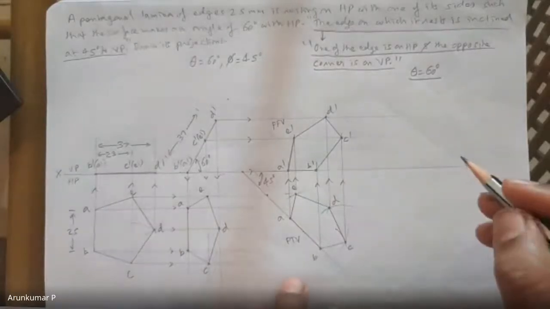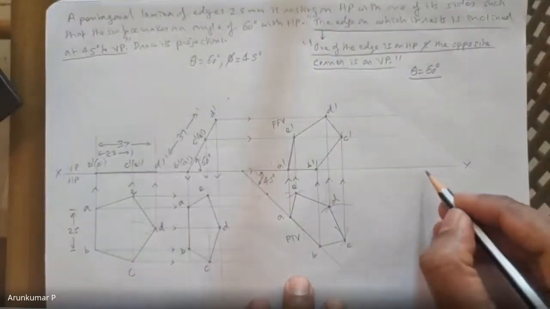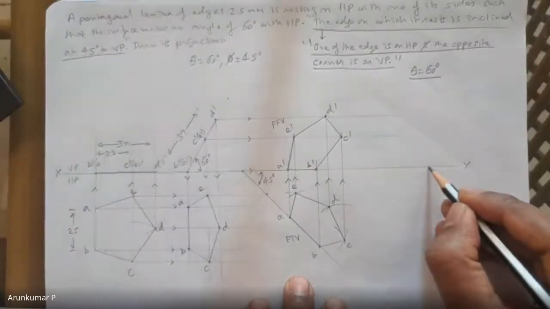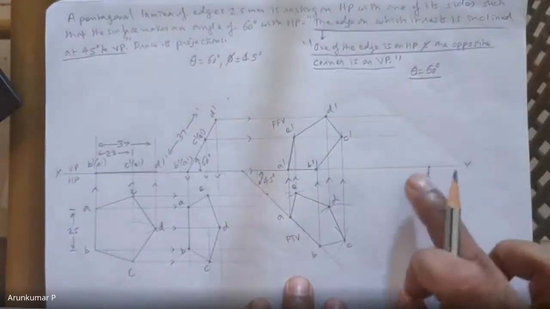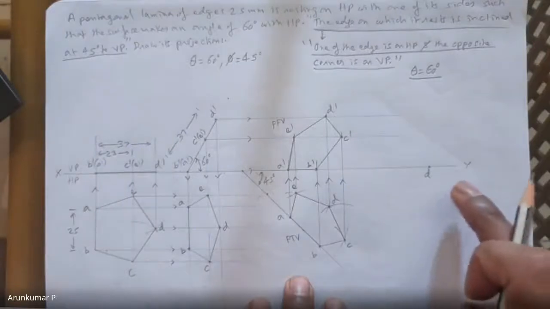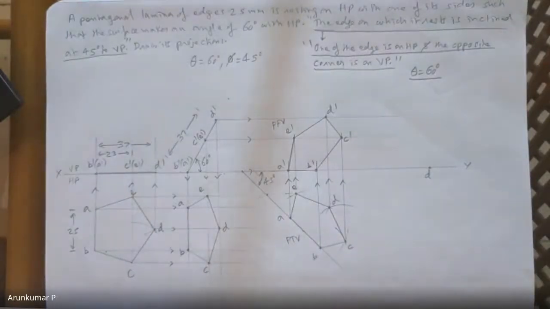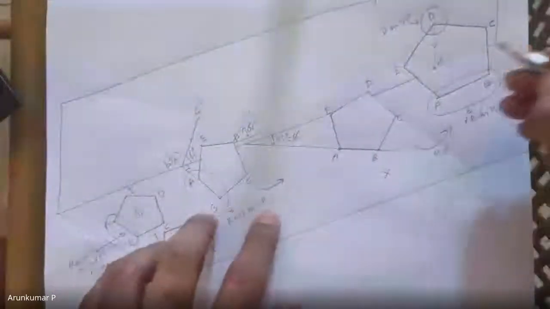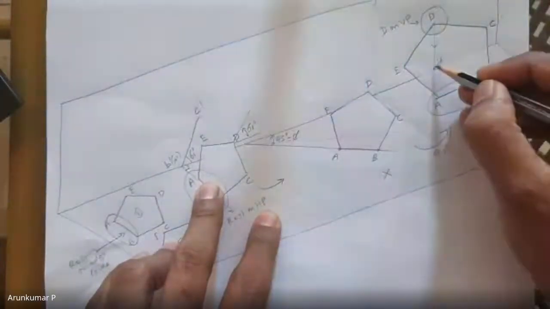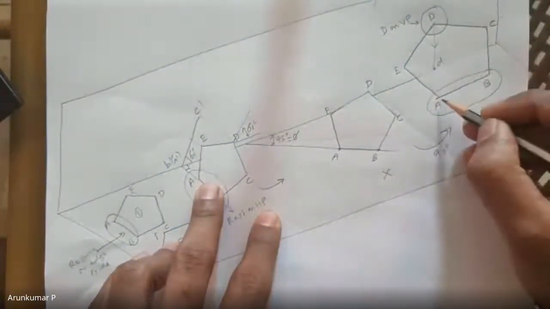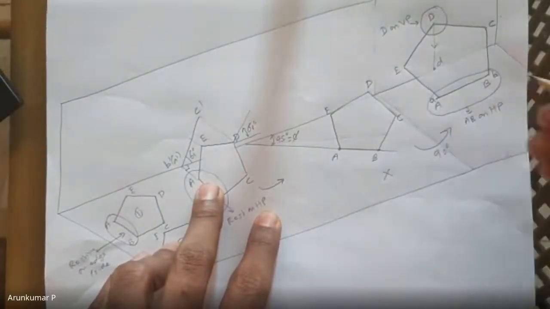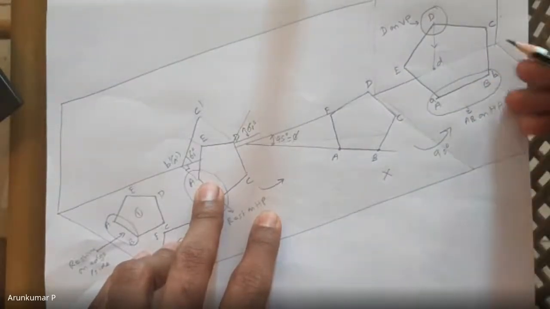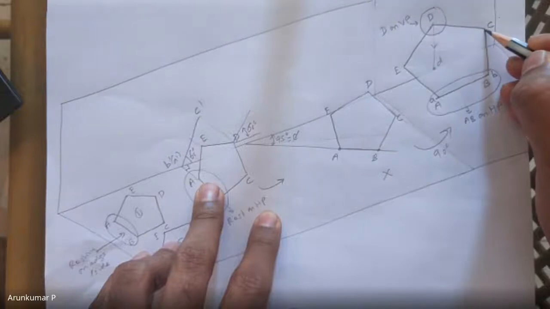Okay, so please observe. So what I'll do is I'll start with D here. I'll just mark a point D on xy line, and then around it I have to draw A, B, C, and E. Okay, so if you want, I can show it in 3D also, not an issue. Just like I have drawn the top view of D, I'll draw the top view of the others also. You know, top view of A and B are the same points. This is small a, this has to be small b because A and B are on HP. Now C and D, I have to draw the top view. That's all.